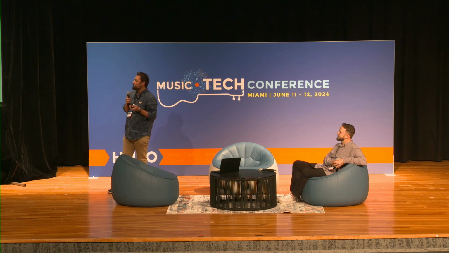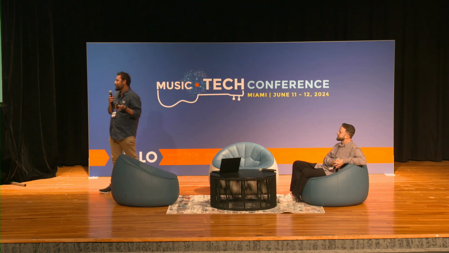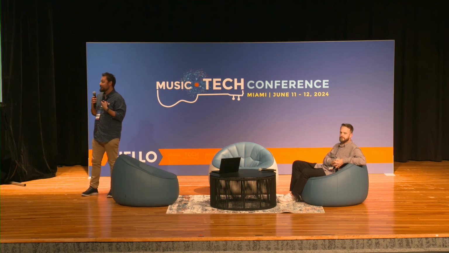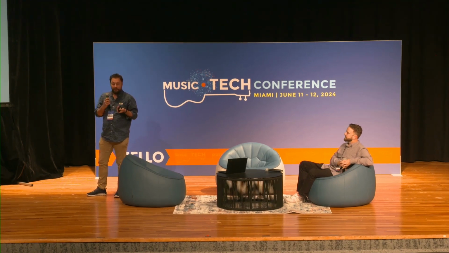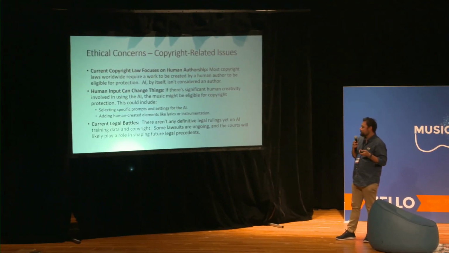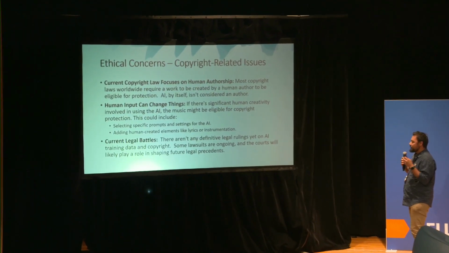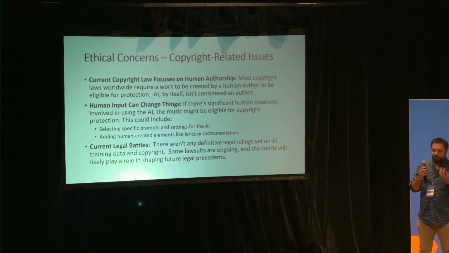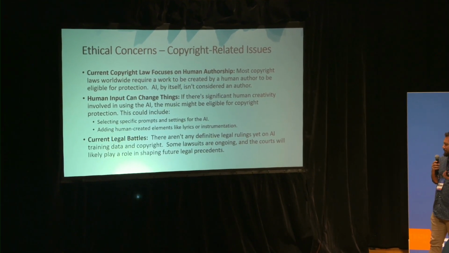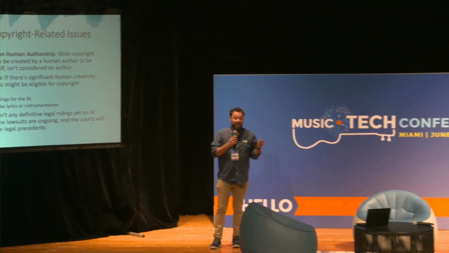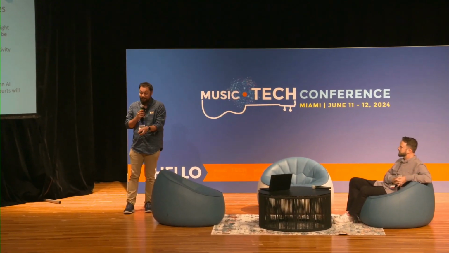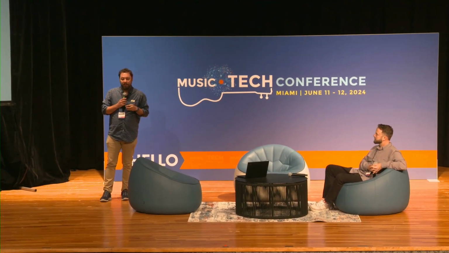So the current copyright law focuses on the ownership, but the thing is, the author is not the AI, it's the human prompt. And human input makes it unique. But the problem is there are current legal battles going on about copyright infringement and AI music generation. Right now, what they said is if the AI is trained on copyrighted material, that will be an infringement. But the thing is,